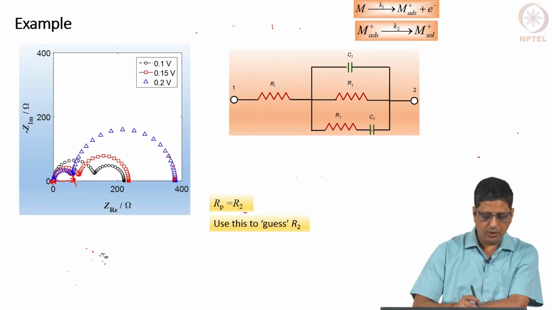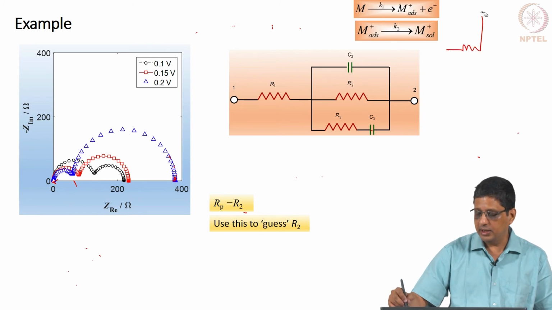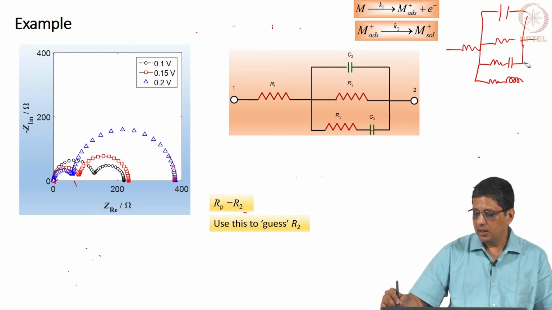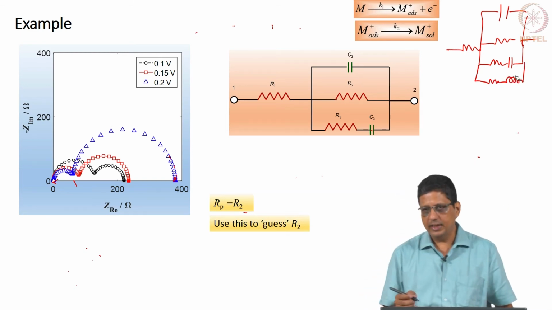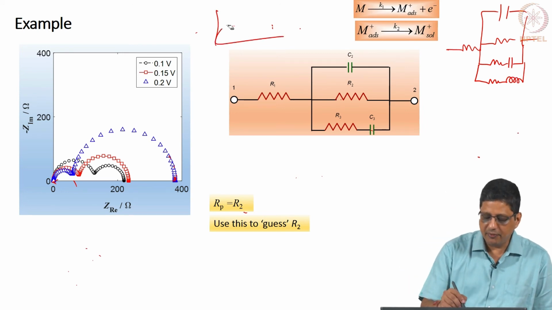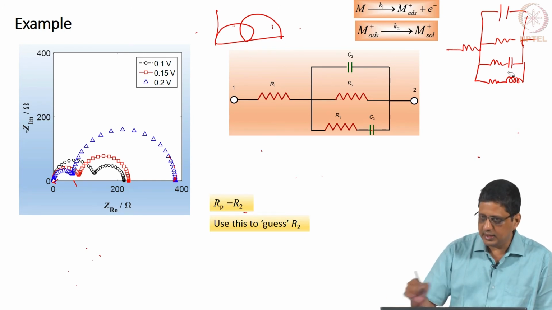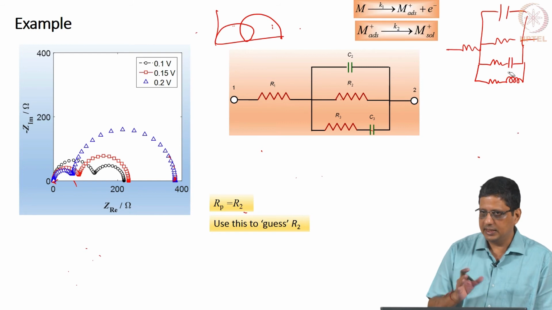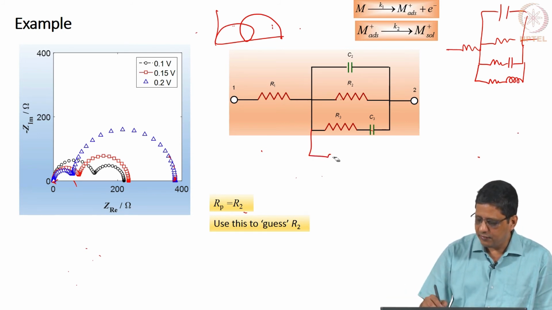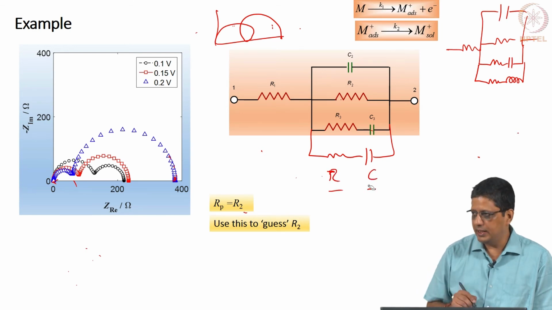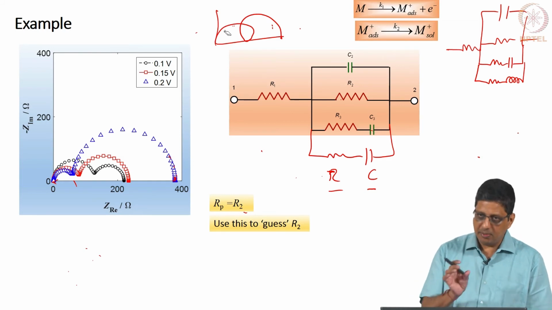Now, I also want to show you that instead of using a Maxwell circuit with capacitor only or resistor only, I am going to draw this. In one of the earlier classes, we looked at a spectrum which looks like this, and I showed you that if you take a circuit like this, it does not seem to fit well. Zimpin fits it, but we are not happy with the fit. Whereas, if I use negative values for these to model this inductive loop, then I am able to fit it very well.